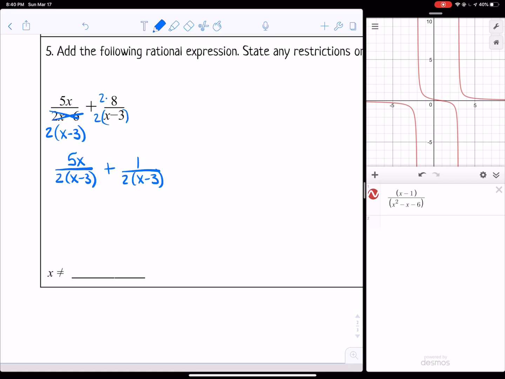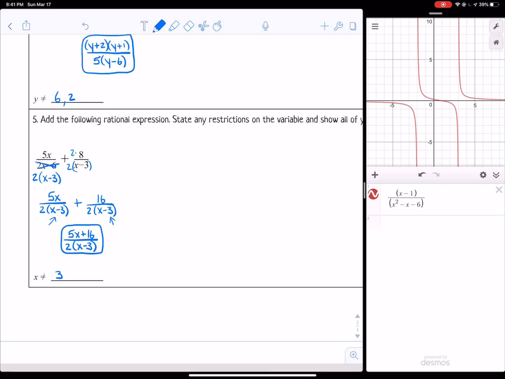So 2 times 8 would give me 16, and then you want to keep the denominator that you've made the same. You don't have to distribute the 2, so you could just leave it that way. And then combine the numerator. So 5x and 16 are not like terms, but we at least need to write them all together in one fraction. And we need to just say that x cannot equal 3 because that would have made the denominator equal to 0. And I believe that's it for our